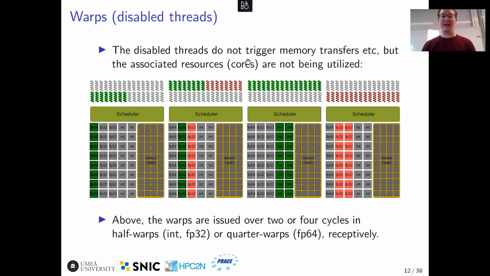What should be pointed out is that even though all the threads in a warp execute the same instruction, it doesn't actually trigger memory transfers and that kind of stuff. It simply means that a certain number of cores will be idle. So if we imagine that we have one warp that is now being mapped to this one processing block here, and then we have